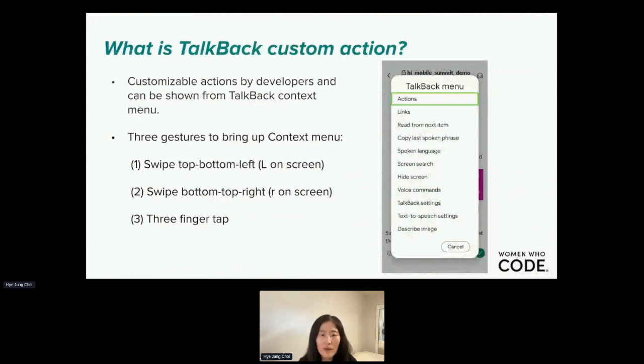So what are TalkBack custom actions? TalkBack custom actions are customizable actions that developers define and that can be shown from the TalkBack context menu. The screenshot on the right is the TalkBack context menu from a Google Pixel phone, Pixel 3. If you use a Samsung phone, the TalkBack menu is more like a bottom sheet instead of a system dialog